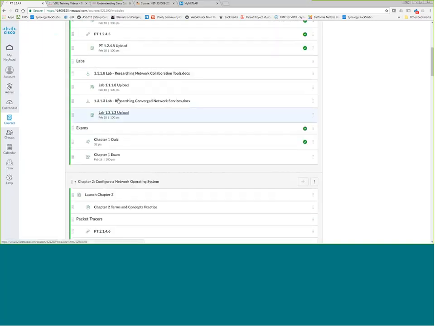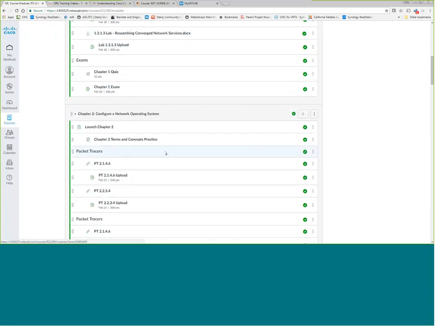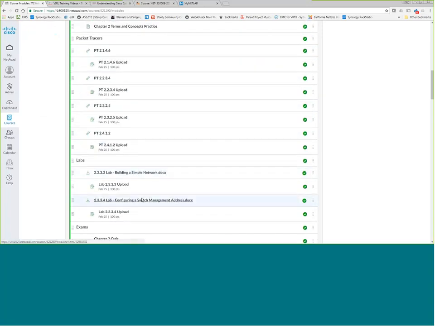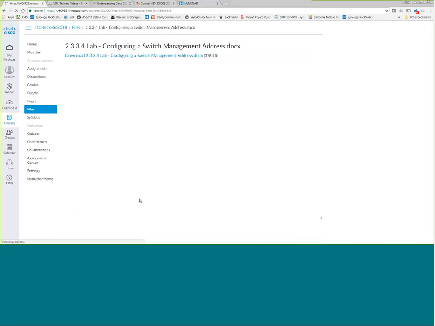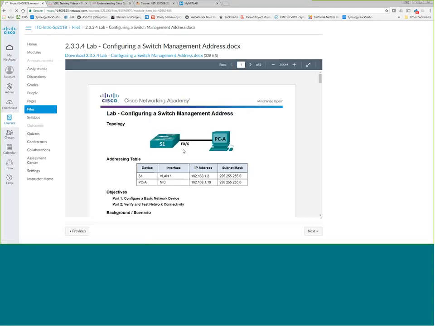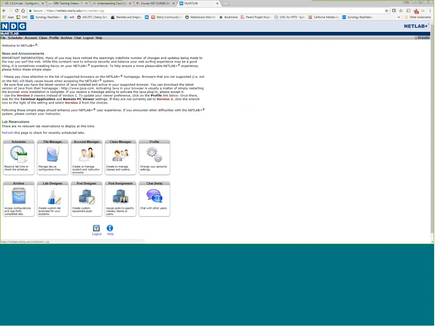Labs, however, are different. These two labs are just written labs, okay, so they do not have a corresponding NetLabs lab with them. As you move down and get into other labs, you will see labs that, for instance, here's a switch management address. You'll see that this lab has a switch and a PC. So if I go out to my NetLabs, I can actually schedule,